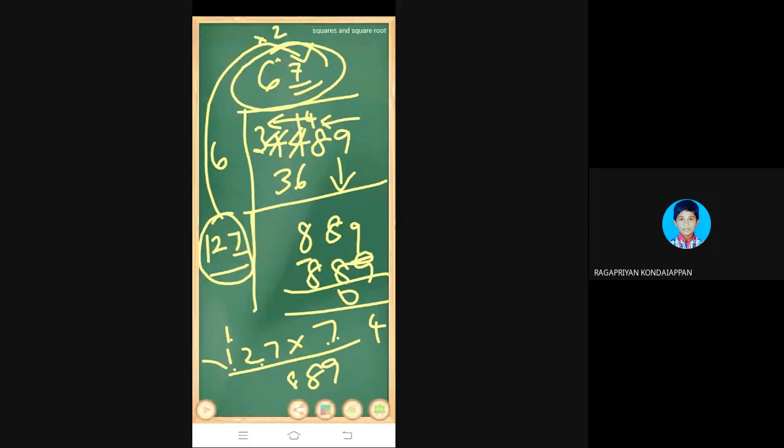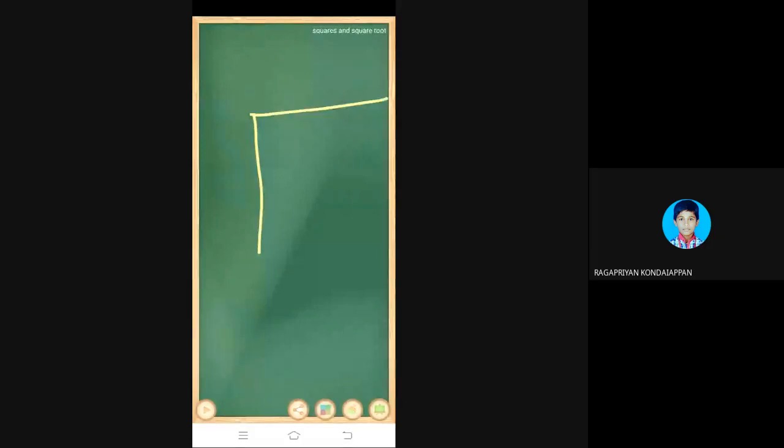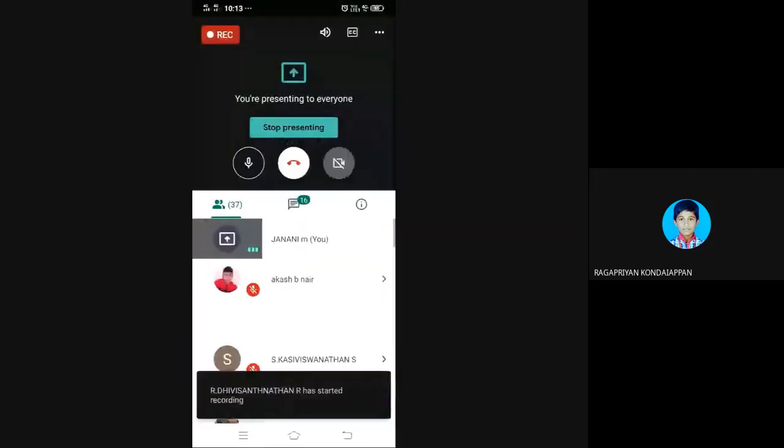Okay. So now, suppose any problem is given like this. How will you do this? These two numbers, and this number separately. Okay, 2 separately. Now 2 is not a square number. So lesser than 2, 1 one is 1. Can you see the screen? Yes, ma'am. Now bring this 72.